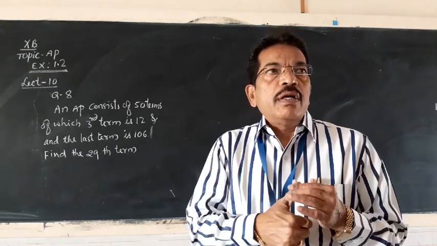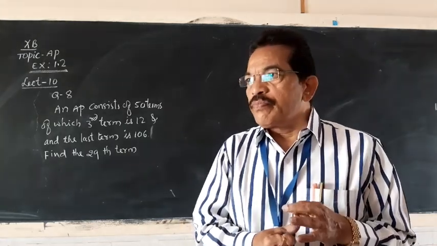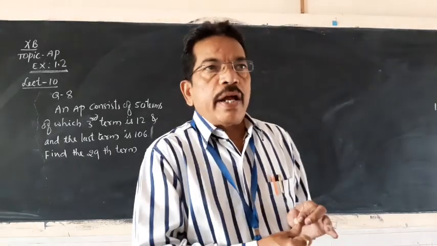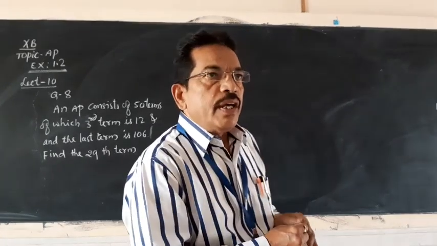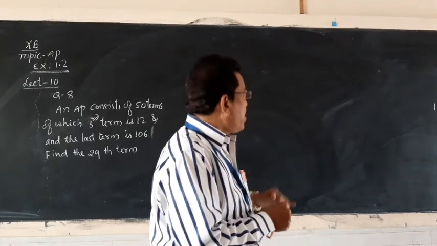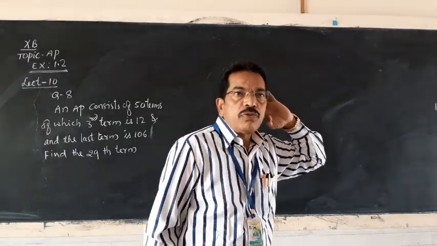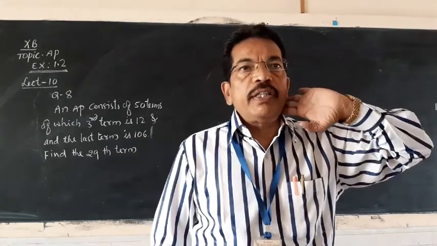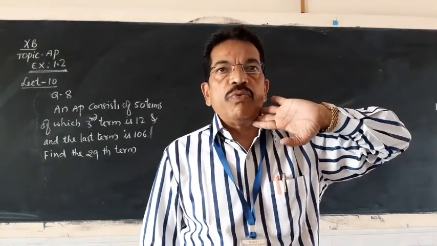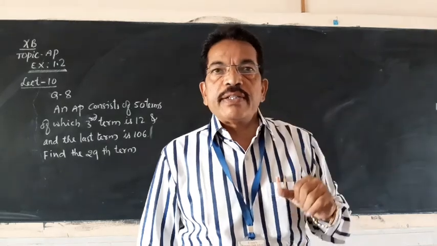Yesterday, in the sixth problem, I made a mistake in that case. That is a2 minus a1 equals 8 minus 15. That means minus 3. We should have gotten that answer.